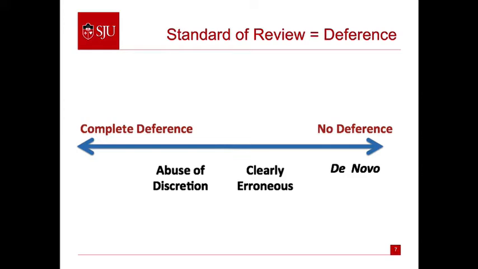And the appellate court is in just as good a position as the trial court to make those kinds of decisions and to review them for accuracy. And so legal questions, there's no deference given. It's a de novo or brand new standard of review. And then there's everything in between. There's abuse of discretion and review for clear error. These are different standards that appellate courts determine based on the particular type of issue that is applicable.